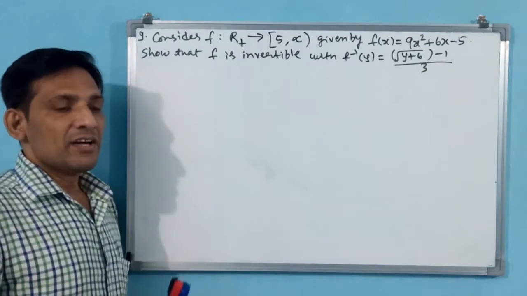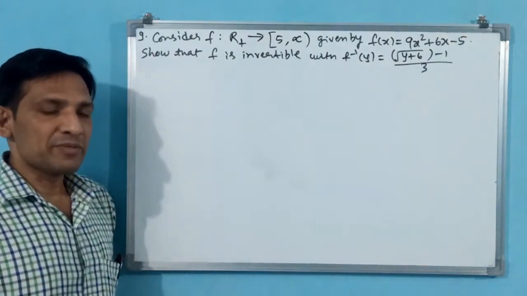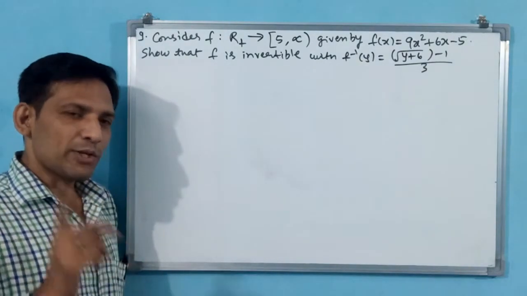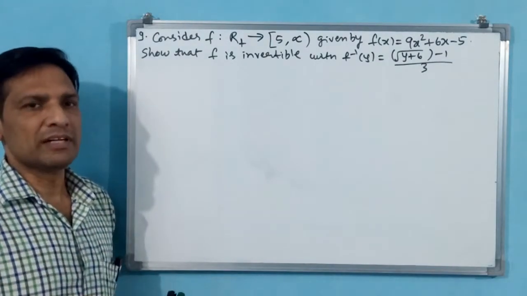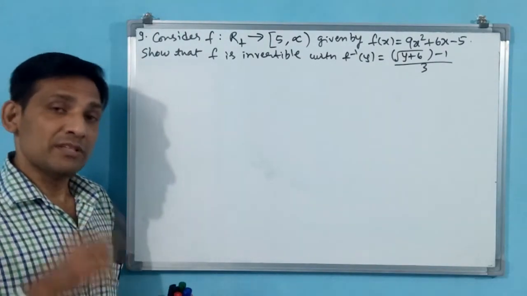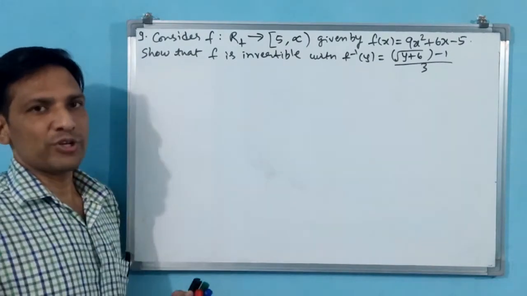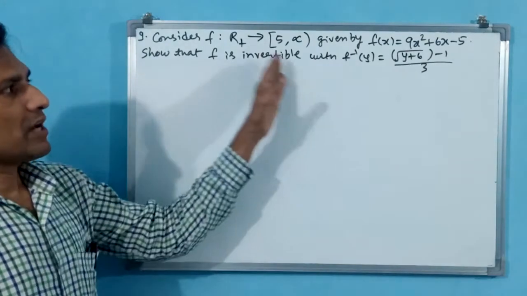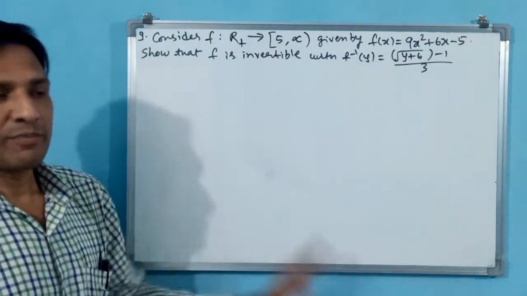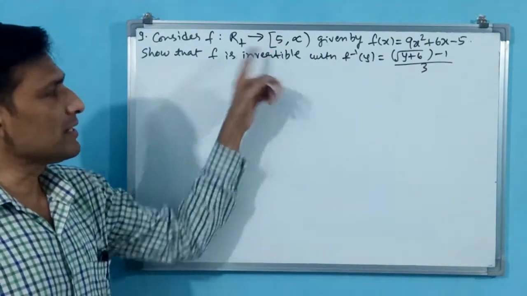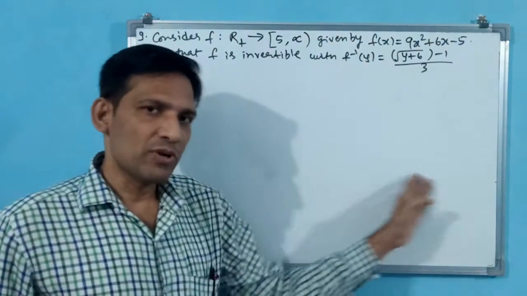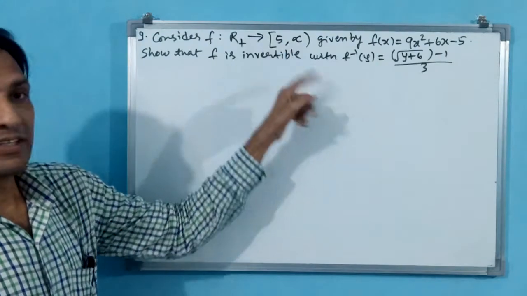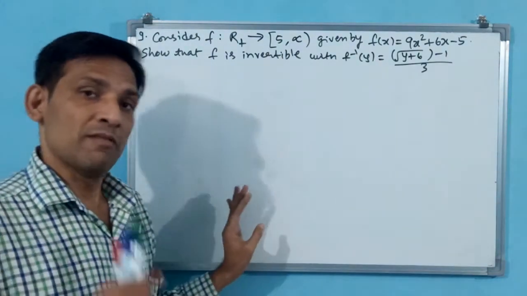R plus is not positive real numbers. There is a difference between positive real numbers and non-negative real numbers. Positive real numbers means all positive numbers will come, but non-negative real numbers means even 0 also will come. That means here 0 also you can give as input, the domain. Domain is non-negative real numbers. But the output you should also observe: 5 to infinity is there. That means this may be one-one and onto. Why? Because like earlier we have discussed, negative numbers you are not giving, and on that side also negative numbers are not there in the codomain. This is the codomain, 5 to infinity.